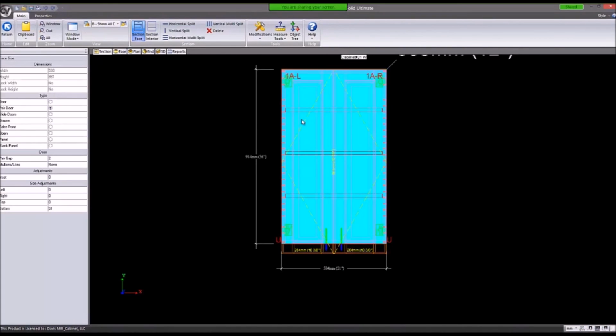I'm going to come in here to this cabinet. I don't really want 2 inches. I'm going to go 1.5 inches. I'm going to change that cabinet here. The section view, you can do all the same things you can out on the room view. There's some additional things here though, and we'll talk about those